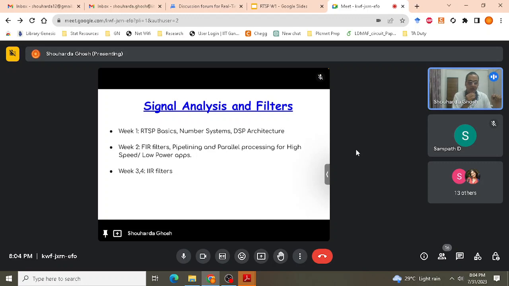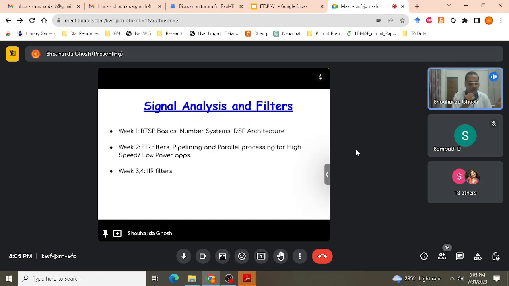And in fact, one very good thing about this course is that the contents of this course can be used in case you are sitting for placements of certain companies in the signal processing profiles. Maybe someday later I will try to show you the kind of signal processing profiles that various companies put up. So we'll be talking about IIR filters, and apart from the filters and the structures and those routine kinds of stuff,